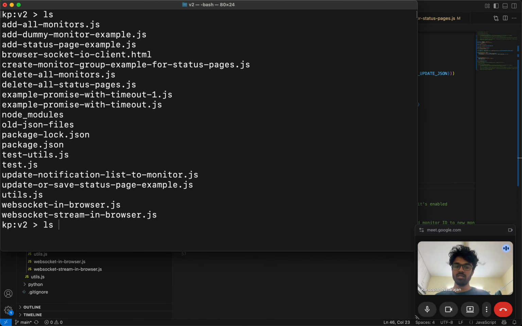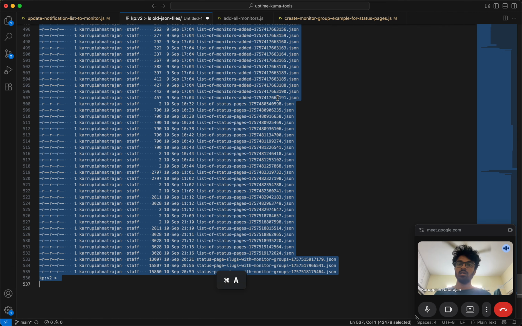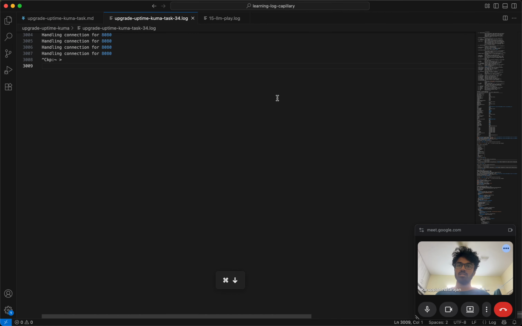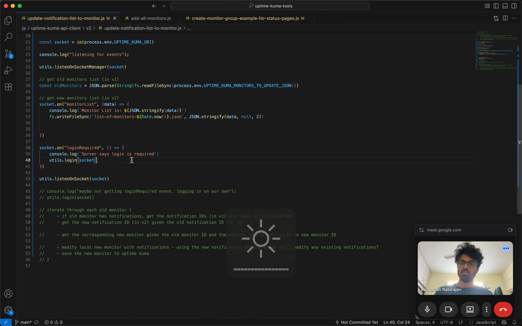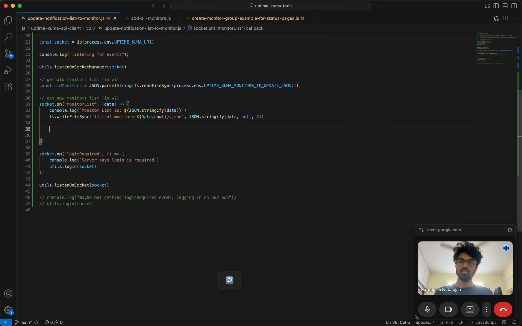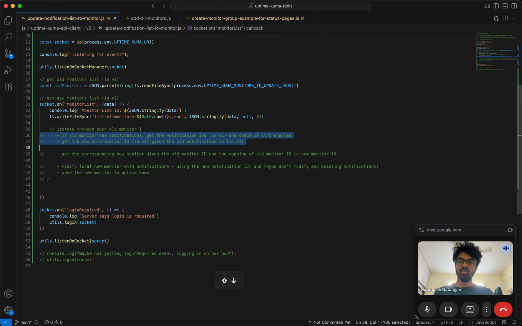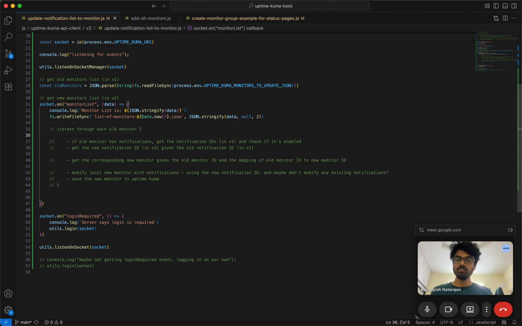And are there any other JSON files here? Yeah, cool. So I'll just put this in. Now increase the brightness. So we have the list of monitors, and the next thing we're going to do is iterate through the monitors, right? And so here we're going to say something like